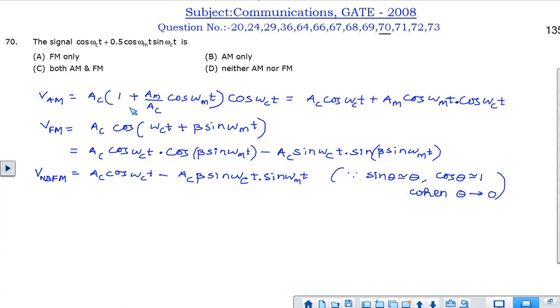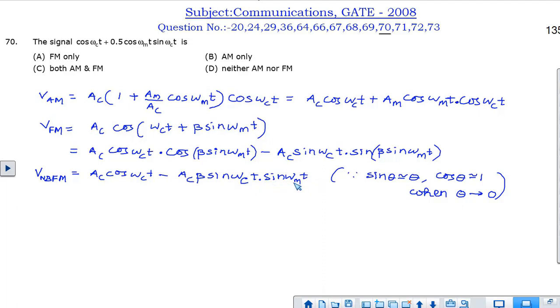Now if we multiply this AC, then we will get this expression, that is AC cos omega ct plus AM cos omega mt into cos omega ct. Now let us take a close look at both this expression and this expression. Here AC cos omega ct is there, that is the information of the carrier is present at the first part,